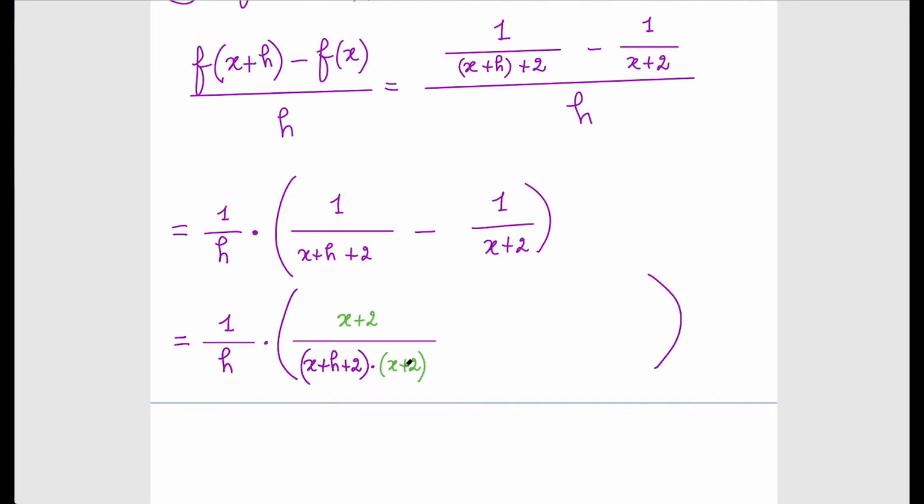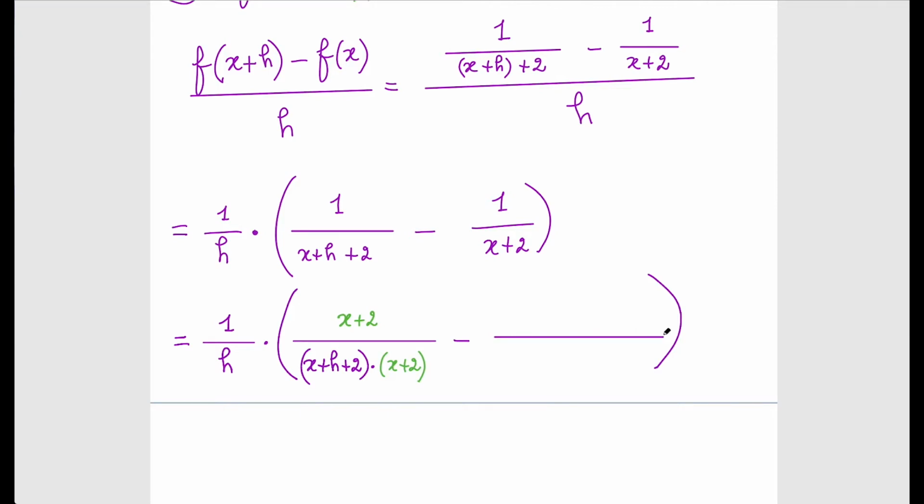Okay, so what am I saying here? I'm rewriting this as something over the product of the denominators, which is x plus h plus 2 times x plus 2, while maintaining the value of the quotient, right? Look, if you simplify back these green guys, they are the same guys. So we're back to this. We didn't change the value of the quotient, but we changed the format. Okay? Minus,